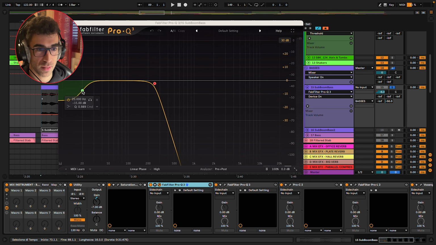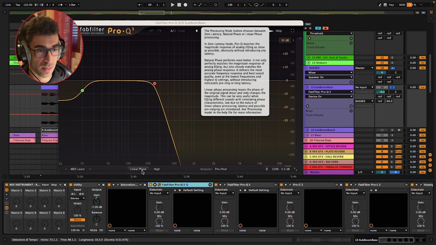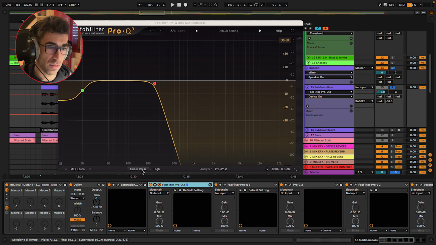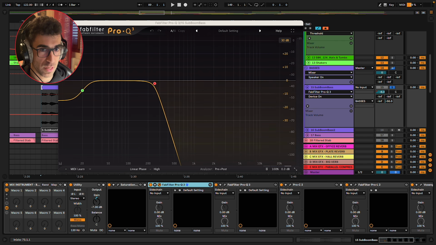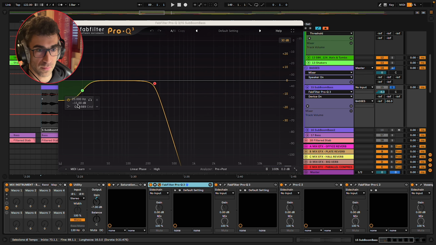EQ, again, as I told before, I tend to use linear phase for bass and kick sounds, just to avoid phase issues, mainly phase correlation issues between sounds. Very small adjustment, not very small, but here -15 to remove a bit of that boominess around 20 Hz.